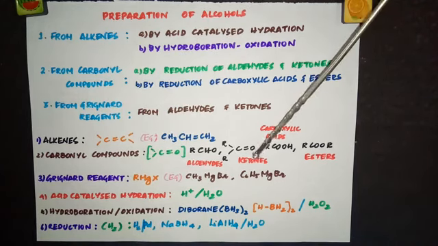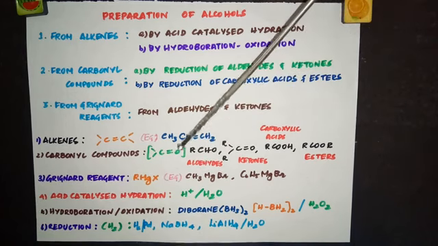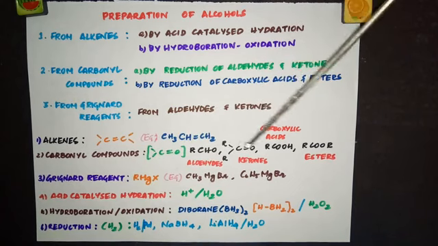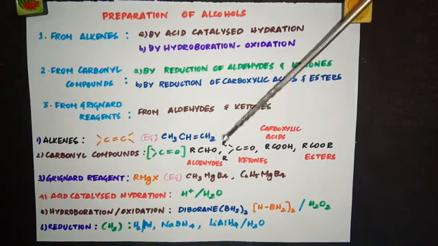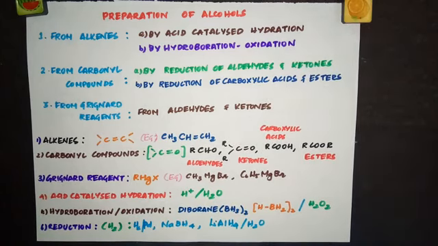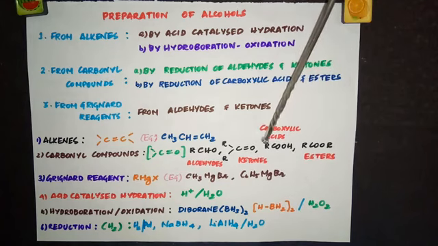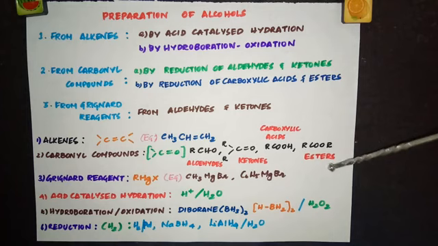Next one, ketones. See, in aldehydes we wrote C double bond O and H on one side and R on the other side. If you remove that H also and put one more R, then we call that a ketone. See, C double bond O, R, R. So this is an example of ketone. Next one is carboxylic acid. COOH is the functional group of carboxylic acid. So alkyl part, R, COOH is carboxylic acid, and again you can write the COOH as C double bond O, OH.